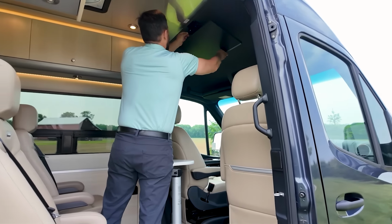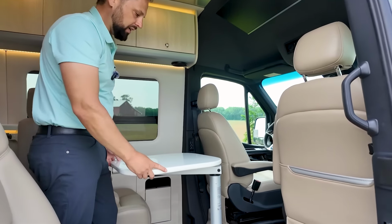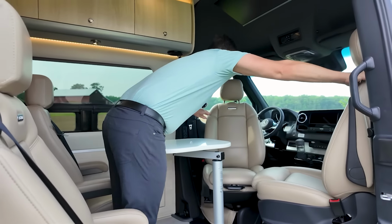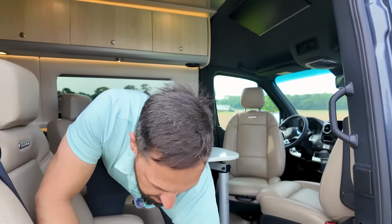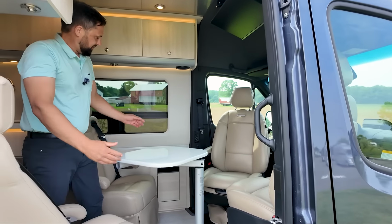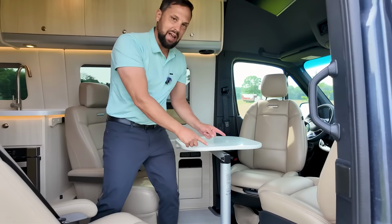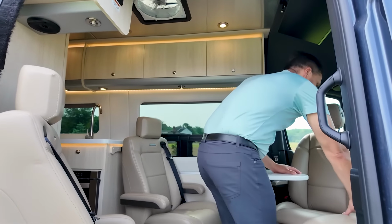And then it has this removable table that I wouldn't recommend leaving in when driving, but when you're parked, you could swivel driver and passenger seat around, and this one right here, and you could have everybody sitting around the table playing cards, going over your golf game, right? So everything is right here, but that table comes out and it actually goes into the back too. So back up front,